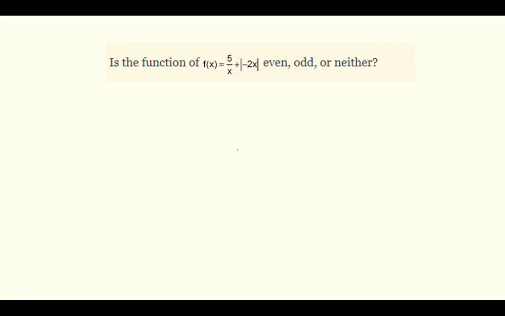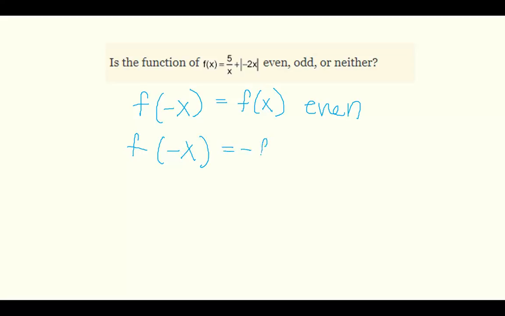Is a function even, odd, or neither? Remember, to determine if a function is even, odd, or neither, we would replace the x's with a negative x. If when I replace my x's with a negative x I get the exact same thing as the original back, we would say it is even. If I replace my x's with a negative x and I get the exact opposite of what I started with, then we would say it is odd. If we have a mix, some of them stay the same, some of them turn opposite, then we would say